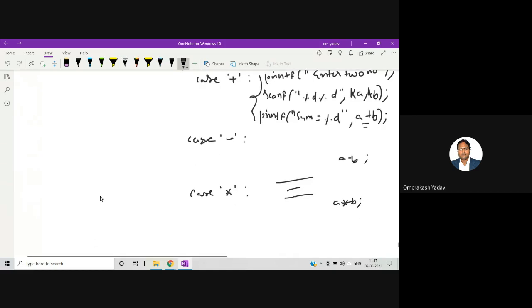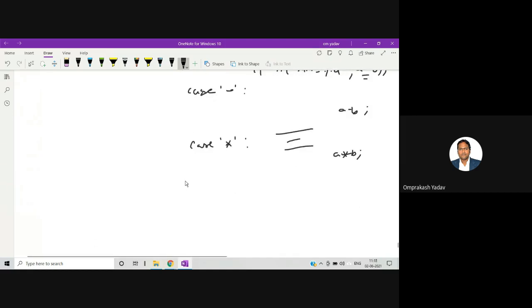And if the case is division, the case is all small letters, case division, same thing, with division here. And if none of the cases match, I can write a default.